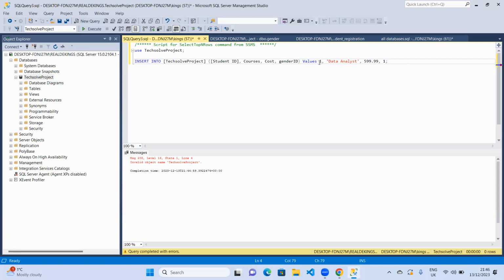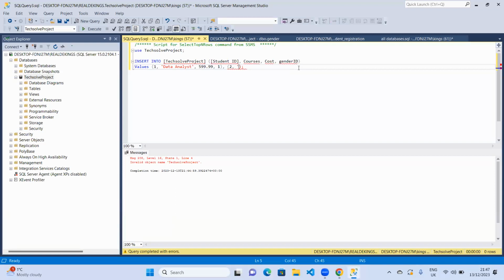The reason is in case you want to put more values, let me bring it down. You can actually add more values here, and say the second person is two,